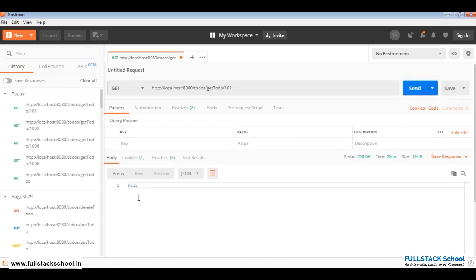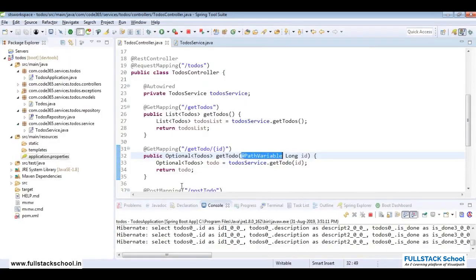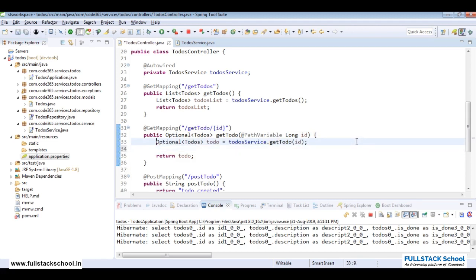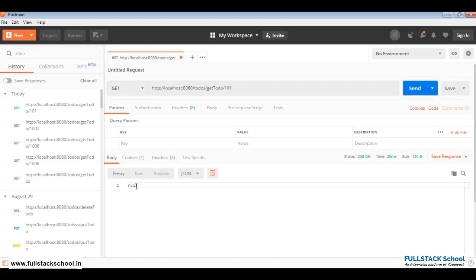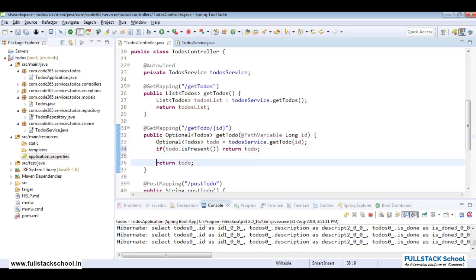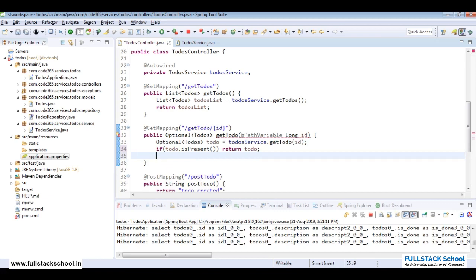So this is something we should send in a more meaningful way. For that, what I'll do is I'll do it right away. So we need to do the exception handling. Now I'll check, currently it is null. So this is what we are returning, and we are returning null. So I say if todo dot isPresent, if it is something, then I say return todo. What if it's nothing, or it's not there, the data is not available? Then you